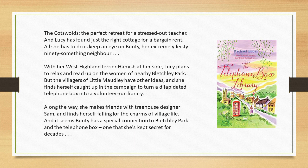campaign to turn a dilapidated telephone box into a volunteer-run library. Along the way, she makes friends with treehouse designer Sam and finds herself falling for the charms of village life. And it seems Bunty has a special connection to Bletchley Park and the telephone box, one that she's kept secret for decades." So I was intrigued to find out more about this story and learn about Lucy's experiences in the